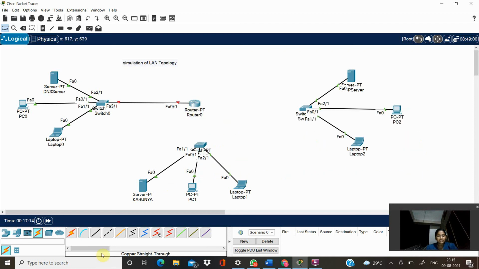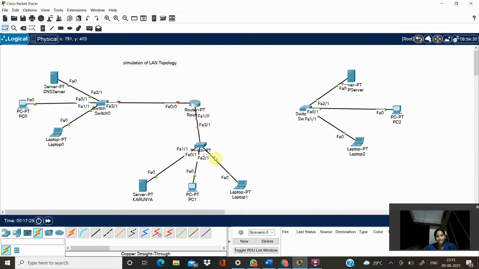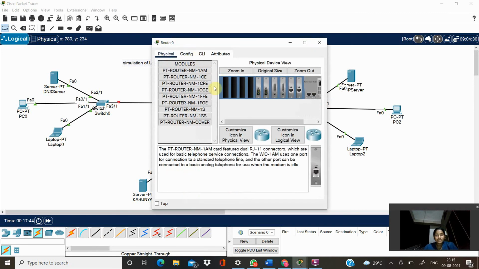Next again we are connecting with copper straight with fast Ethernet. Then again we are taking copper straight and again we are connecting. Now here we are not having any fast Ethernet. So now what we have to do, we have to